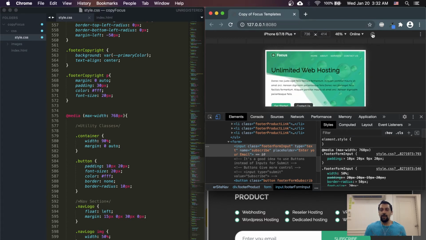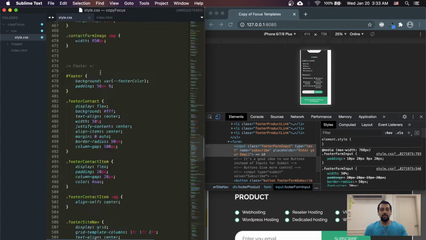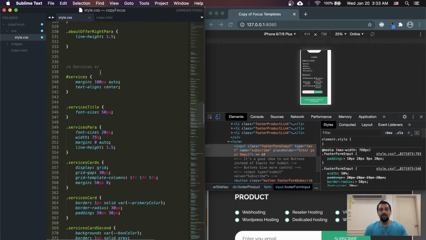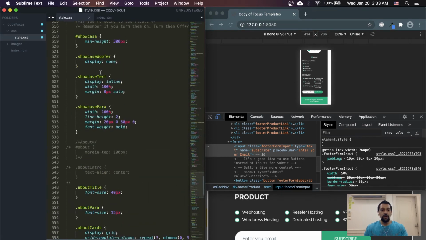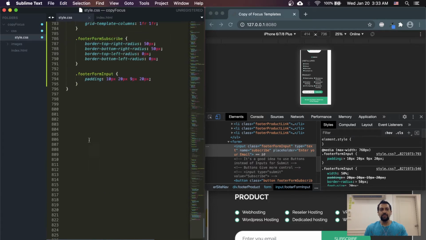Now if we change to 400, size 414, it looks bad, there are many problems. How do we fix this? Oh, I don't remember. Don't worry, don't think about it, because we just need to do the same thing. So we can take the same exact thing we did here on our media query, and we can apply the same exact logic to the 414. And so now if we do that,